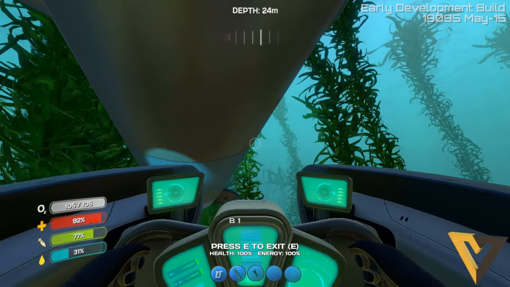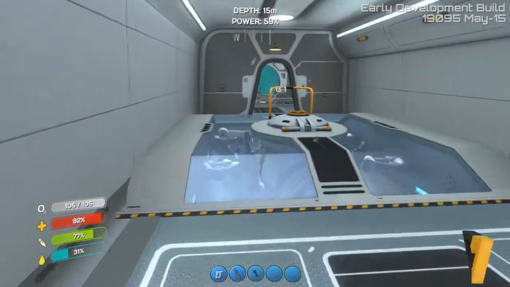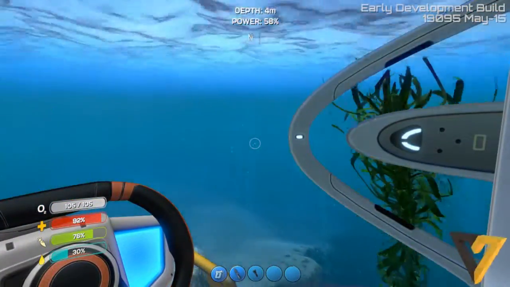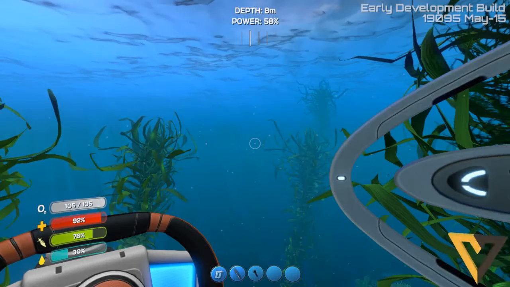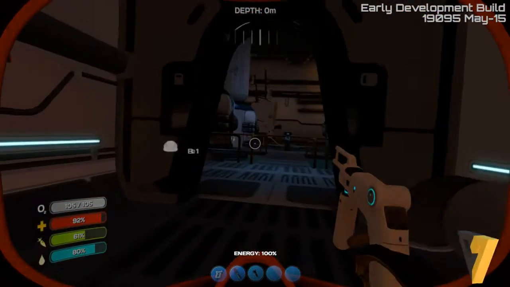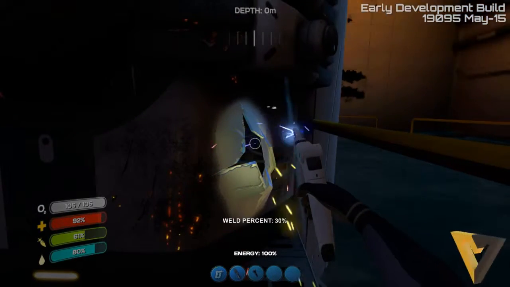Let me in? That was weird. Alright, let's get back to the Aurora now that I have a working welder, and there's a point to it. Alright, here we go. Okay, so the easiest two leaks are these ones that are above the surface of the water, but the other ones are below it, so...